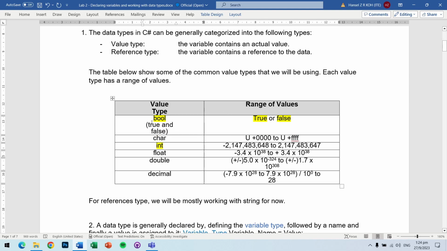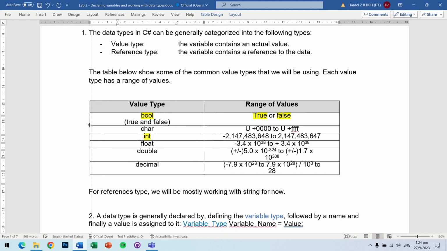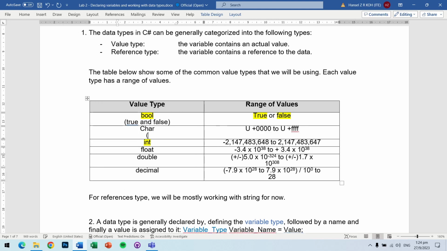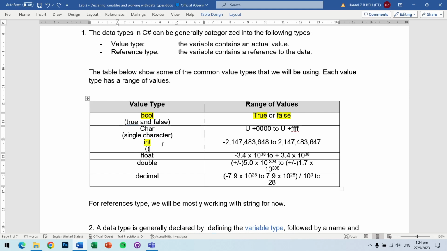So this is for storing true and false, then this is for a single character, int is for whole numbers, and then float is for